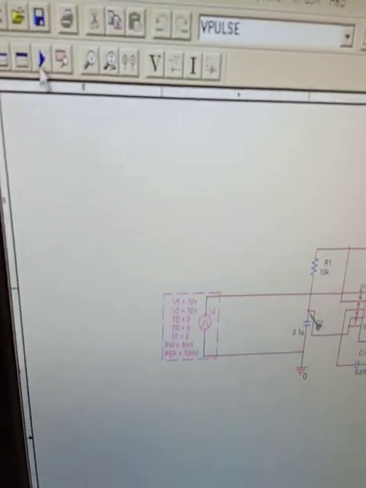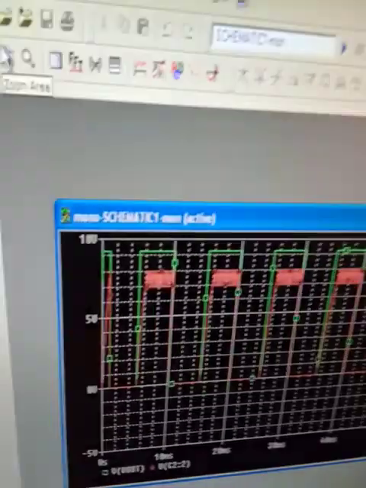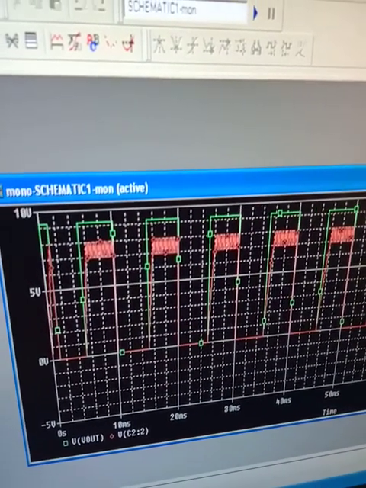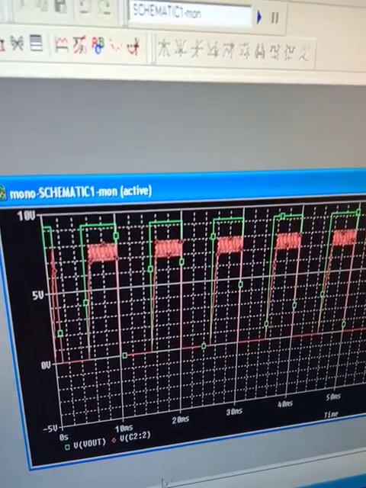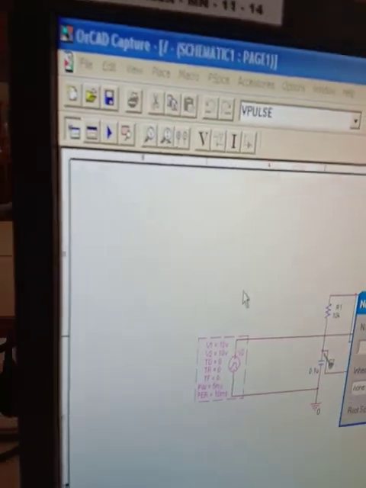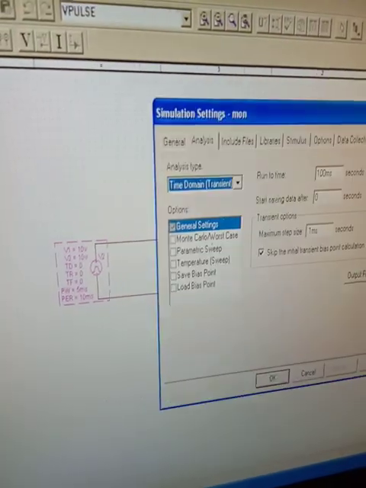It is already saved. Then run, no, design settings. And then you have to go for the simulation window. That's what I asked you. You should go on that. See, this is it. This one we have to give some name and save it. Already it is saved now. So this is the new simulation window. We have to go there.